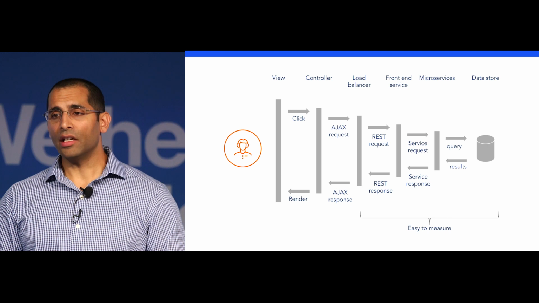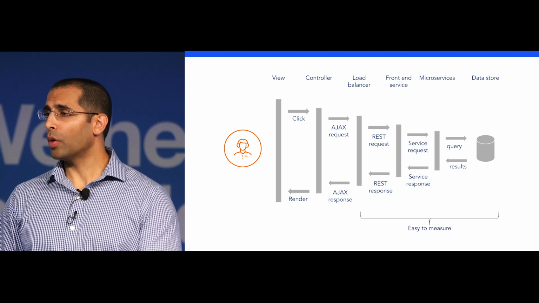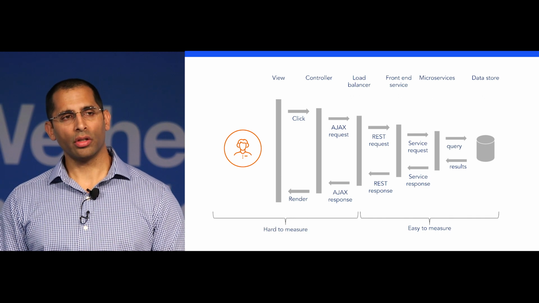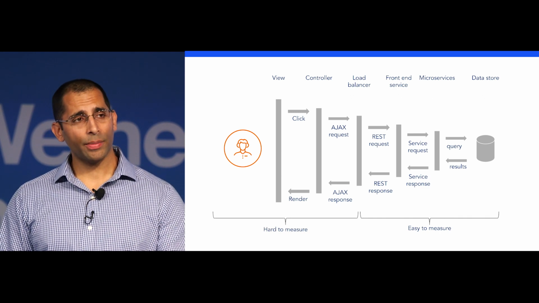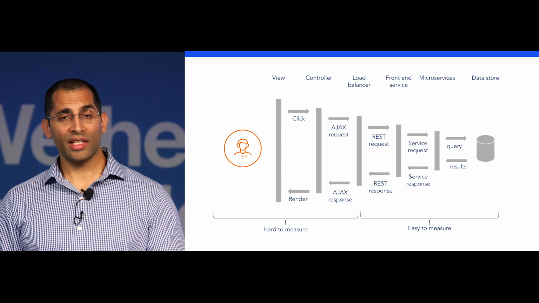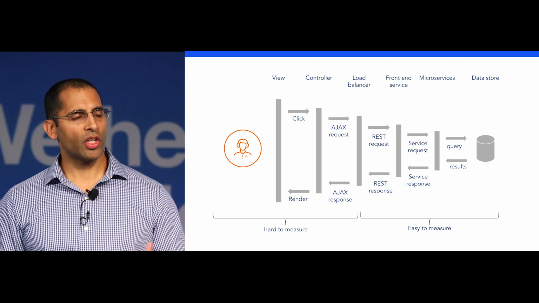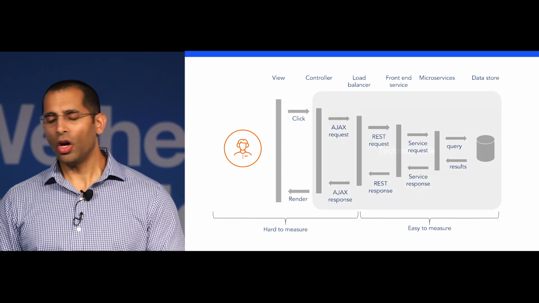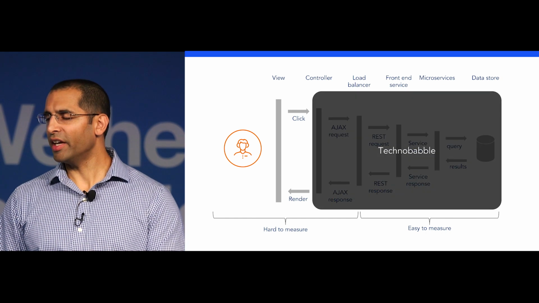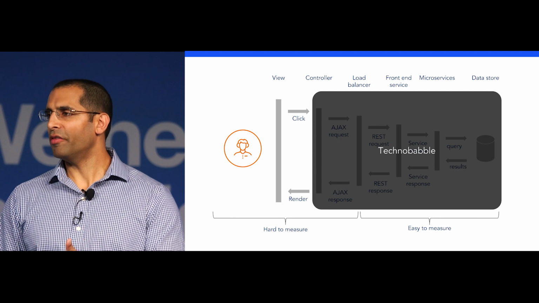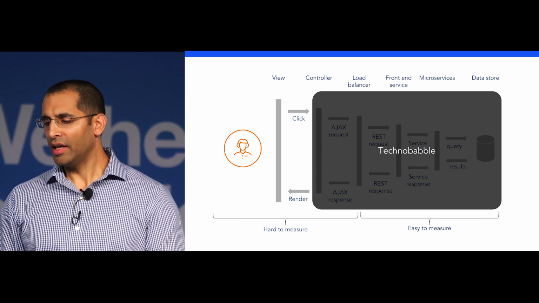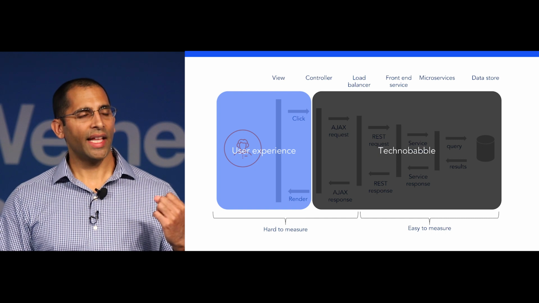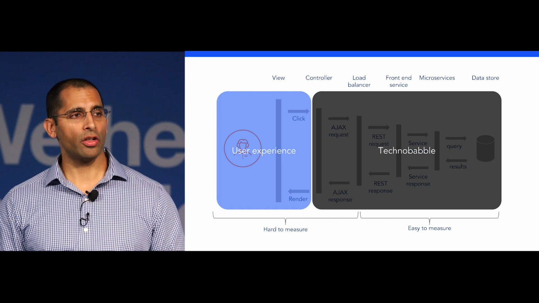This stuff is easy to measure. It's all the components, the hardware and the software that are within your control. And then this stuff here, it's harder to measure. It's measuring the technical aspects of what the user is experiencing on the client, but it's also measuring how the user feels, how they're reacting. The thing is, though, all this stuff over here, it's just technobabble, right? It's just a whole lot of acronyms and gobbledygook. What really matters here is the user experience on the left side. And unfortunately, that's squarely in the category of hard to measure.